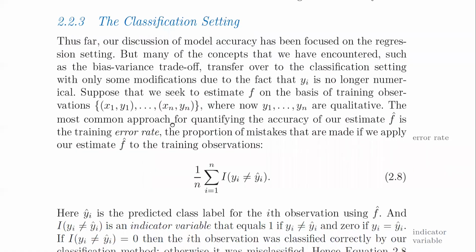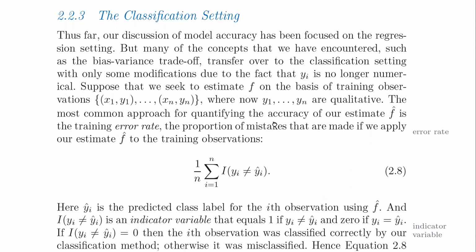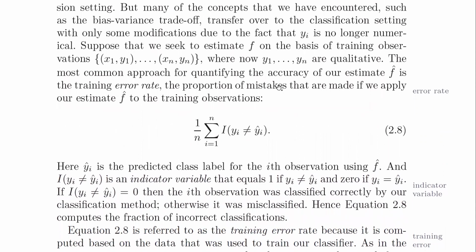Now let's finish off with this page. The classification setting. Thus far, our discussion of model accuracy has been focused on the regression setting. But many of the concepts that we have encountered, such as the bias variance trade-off, transfer over to the classification setting with only some modifications due to the fact that yi is no longer numerical. So this is classification, where your y hat